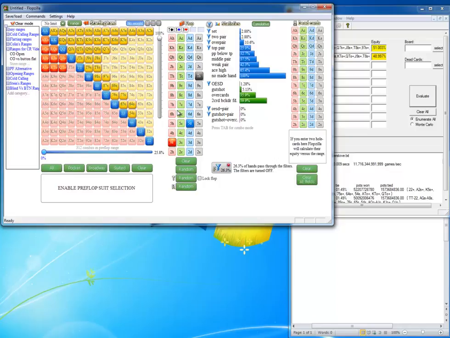Oh, I almost forgot it. This would have been a big mistake on my part. Ace-King actually works pretty well as a check-call here. Pause for a moment, or don't pause it, but think about it. It sounds weird, but think about it. Ace-King doesn't really hate giving a free card because it can outdraw the opponent all the time. It's not going to be able to utilize its showdown value very well if you bet the flop because you make your opponent's range a lot stronger. And if you check-call with Ace-King and the turn card comes a king or an ace, your opponent's probably going to barrel it. So check-calling Ace-King, I almost forgot it for some reason,